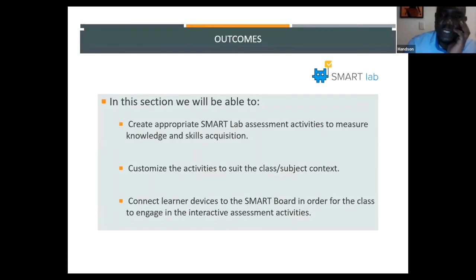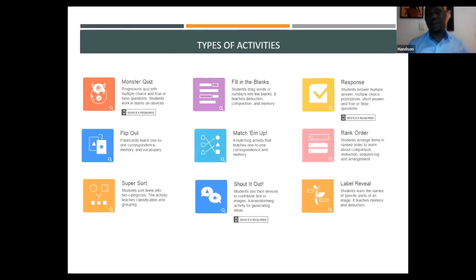Now, what I would want to look at in the next session of this particular workshop is the use of what I would call the Smart Lab, which are different tools and resources for doing assessment for learning. So now within this particular platform, which can be adapted to your learning management systems such as your Moodle, Edmodo, Blackboard, you will find something similar to what you call a monster quiz, fill in blanks, which are your question banks, a response item, flip out, match them up, ranking order in terms of the questions that you set,